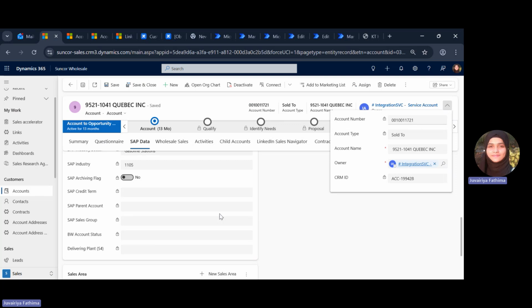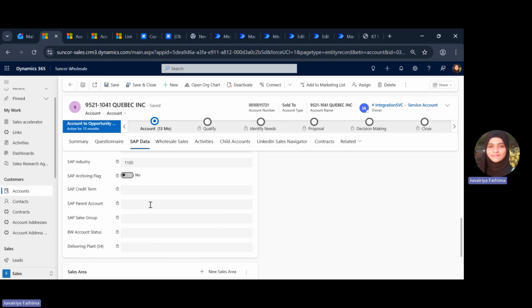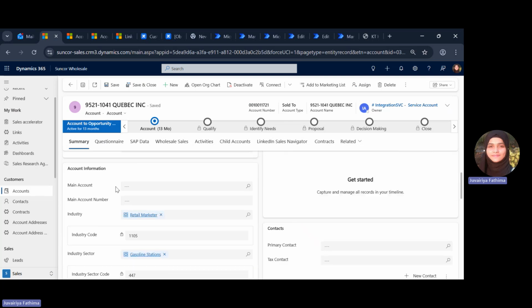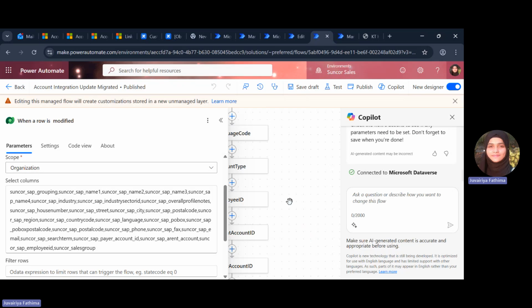And again, let's say the parent account is changed to some other account, or the data existed previously and now it's being changed to null. The Power Automate flow is going to pick up this value, change the value for the main account to null, and delink it from any parent account. So these are some examples of how the Power Automate flow gets triggered and how it performs the